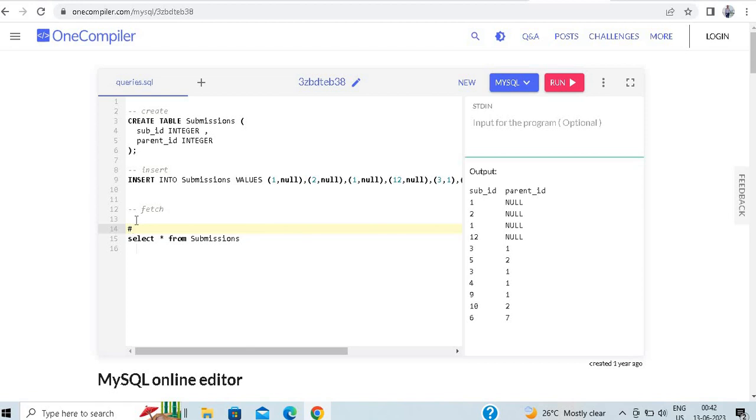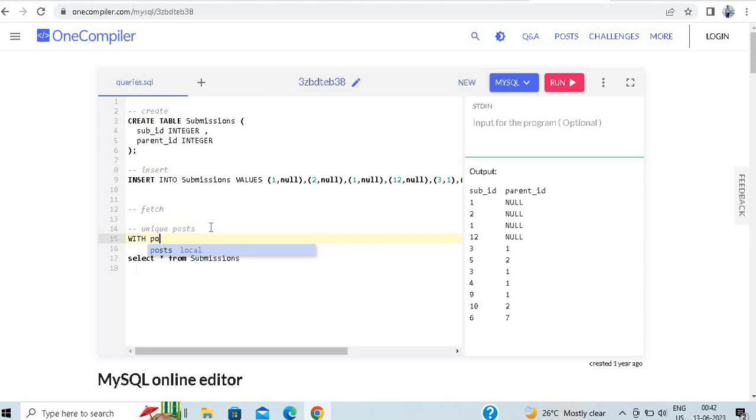First I need to find the unique posts. So how can I get that? I will write a CTE. How? With